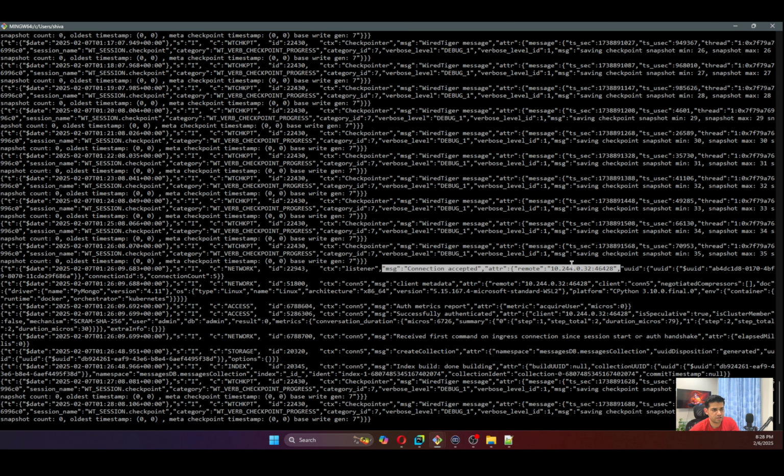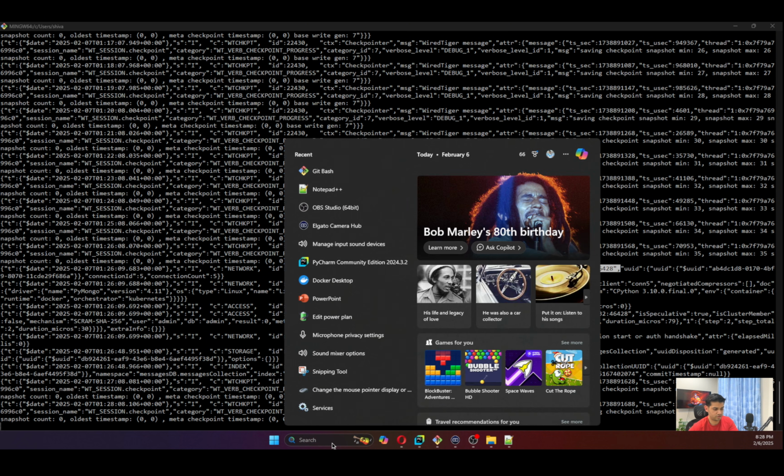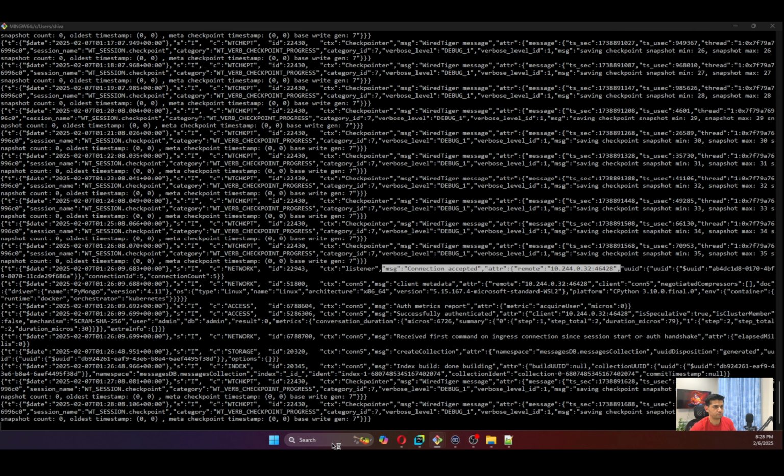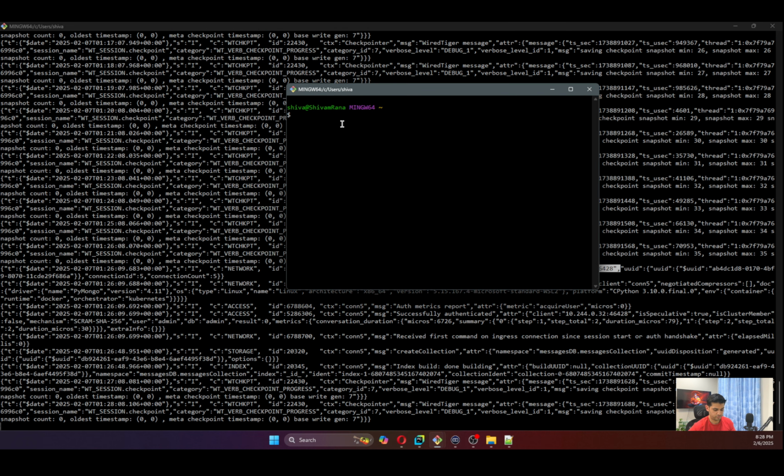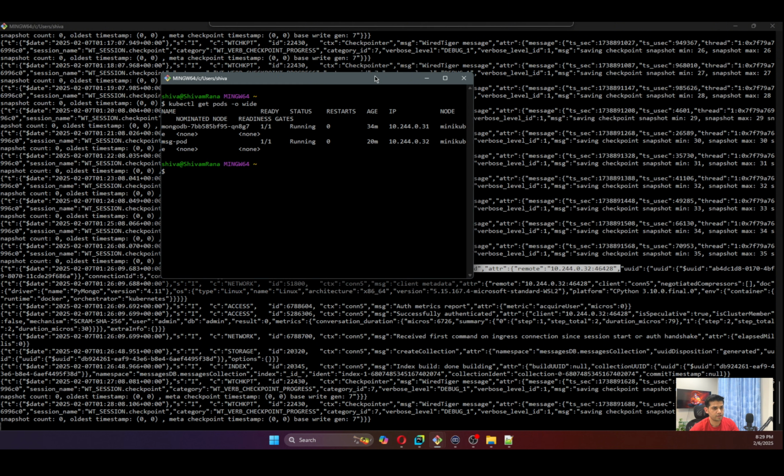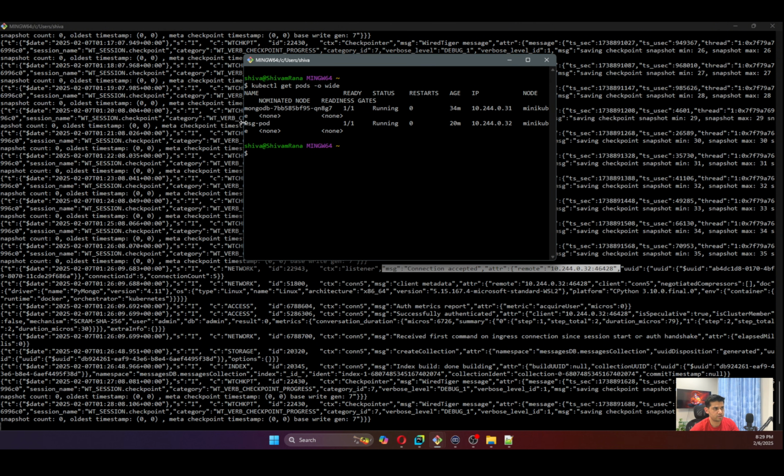So this connection accepted is actually the IP address of our pod. So let's check the IP address of our pod. So if I do kubectl get pods -o wide, we can see here, this is our pod msgapp and it is running on